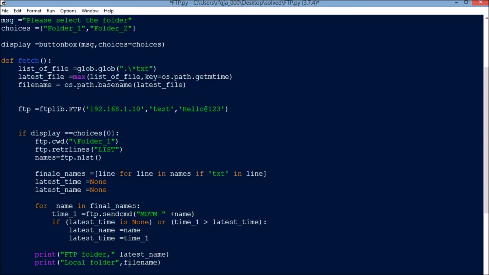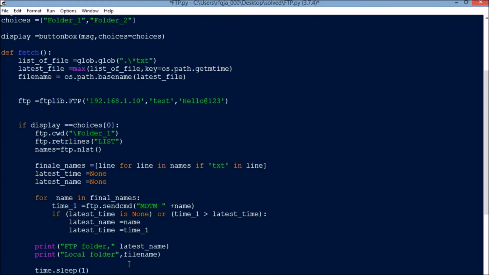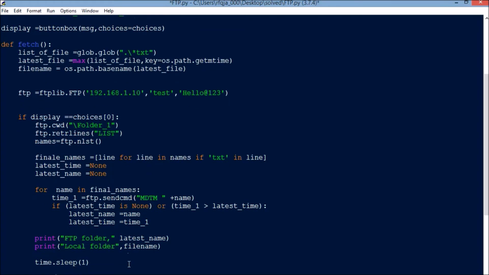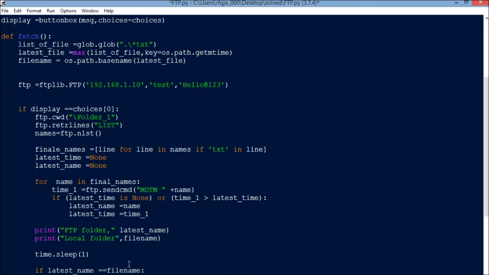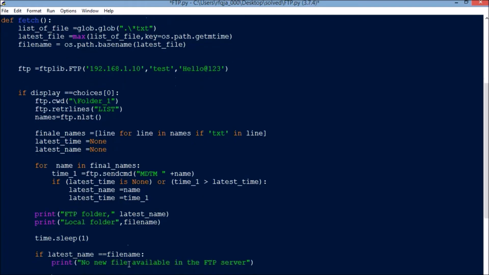Now I'll put a time.sleep for 1 second. Now if latest_name equals file_name, then print no new file available in the FTP server. Else,